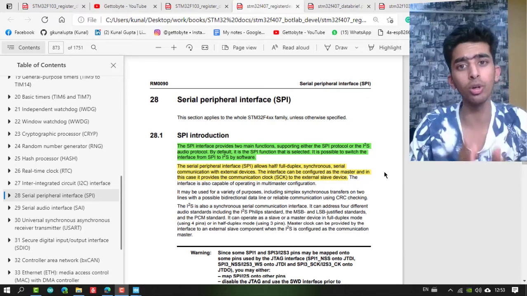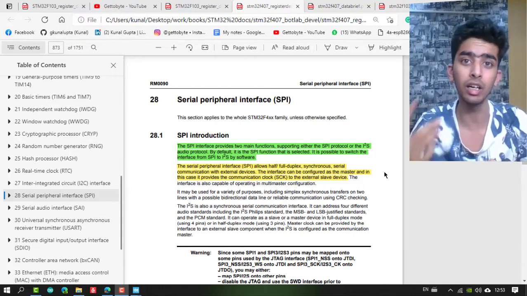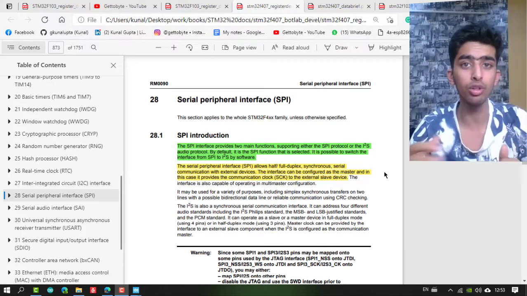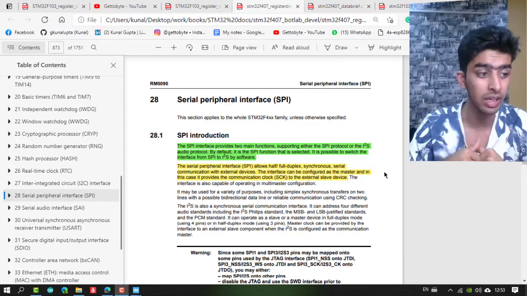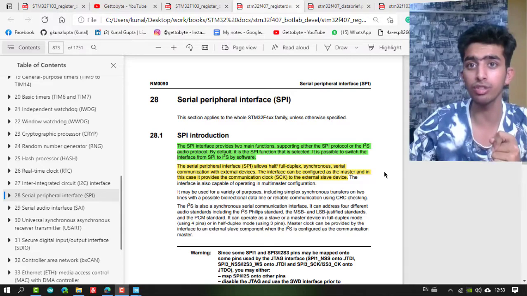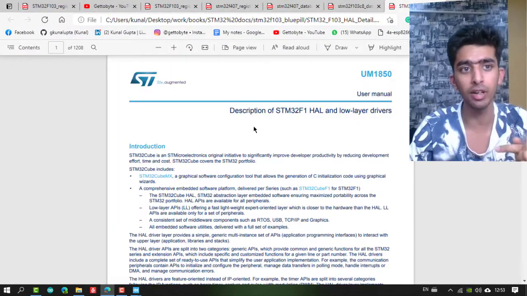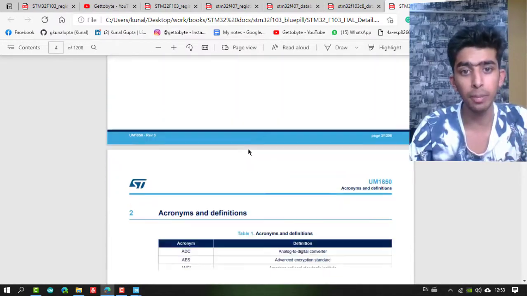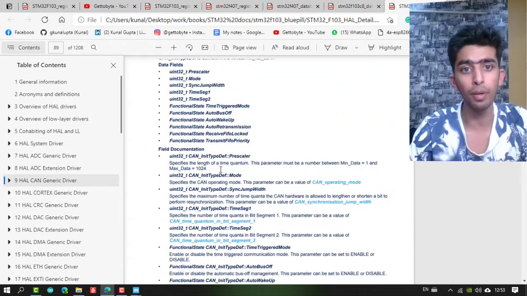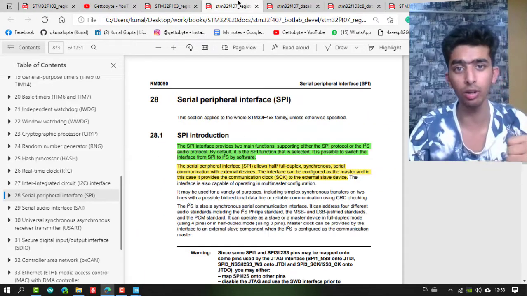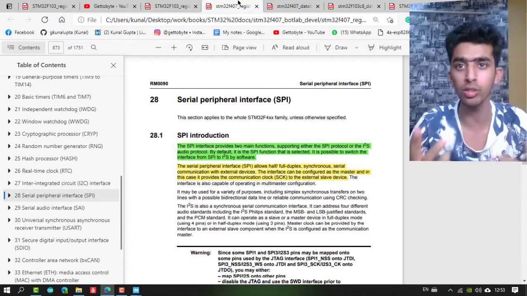First of all, we are going to implement it with the normal while looping concept, then make it a little advanced with DMA and interrupt. Also, in between these videos, I am going to tell you how to make your own libraries just like the HAL APIs which we have in the STM32F1 HAL. If you open its documentation, these are the APIs which we use in the HAL. I have also started working on those proper functions, structures, classes kind of videos, and the related videos will be uploaded soon.